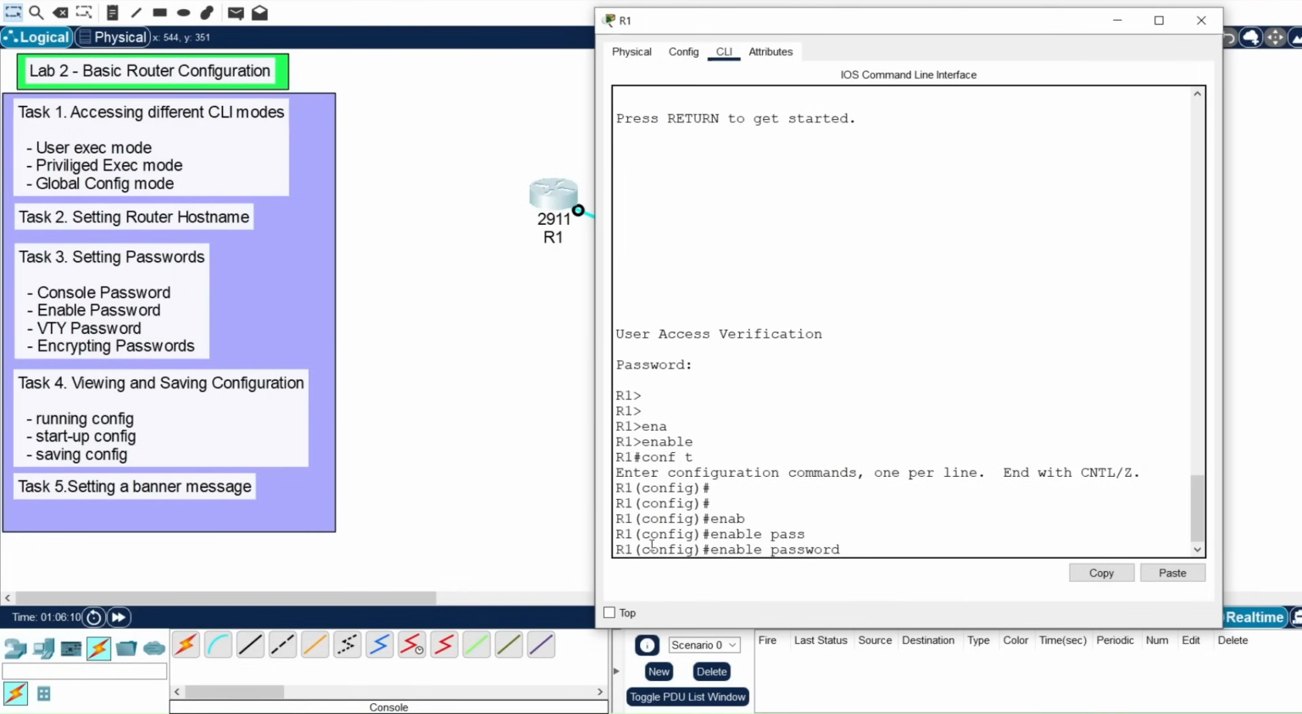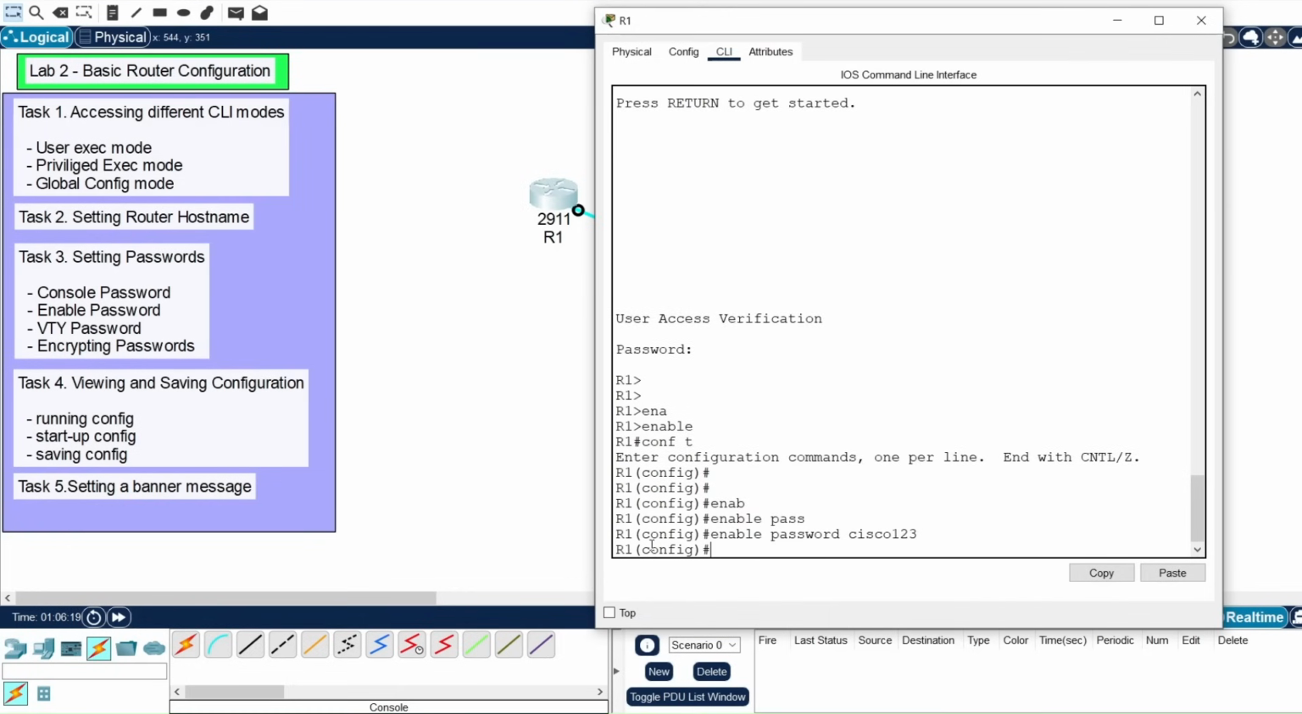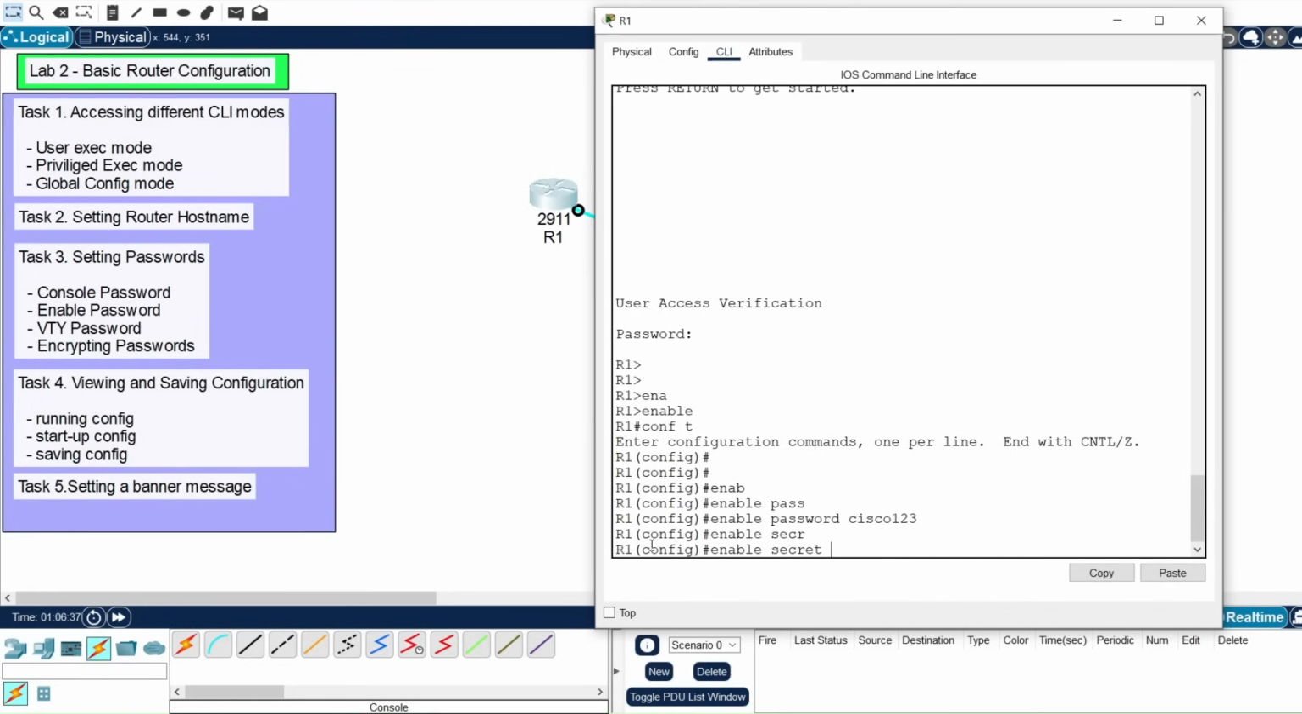Enable password and the password that you want to set. So I want to set the password Cisco 123. So this password is now set. And remember, the enable password can be set in two ways: enable password as well as enable secret. And what is the difference between these two? I will explain in a while. I will keep this password as Cisco 123 as well